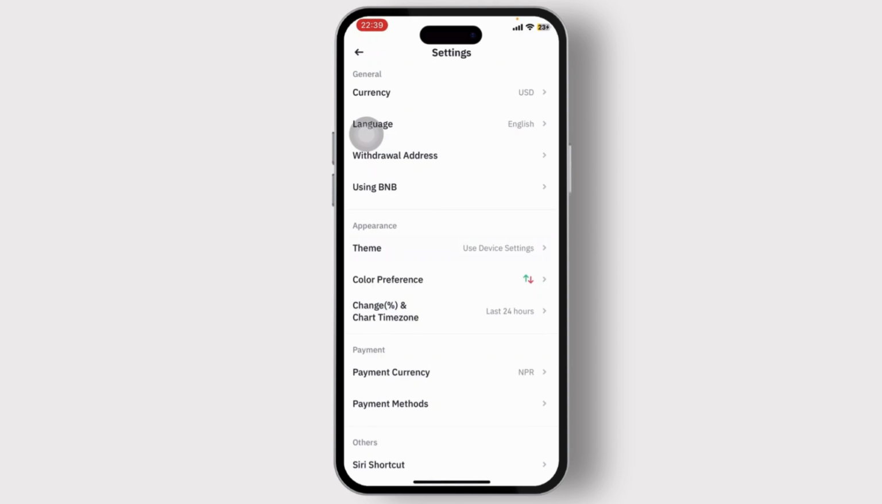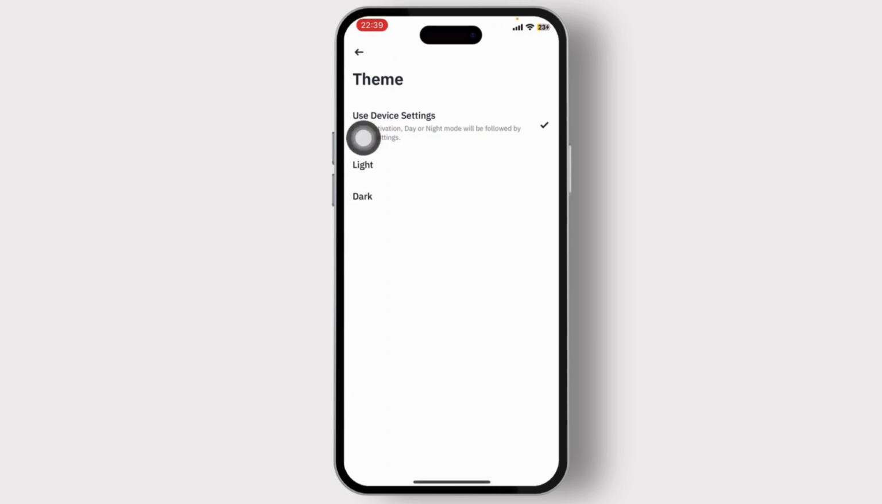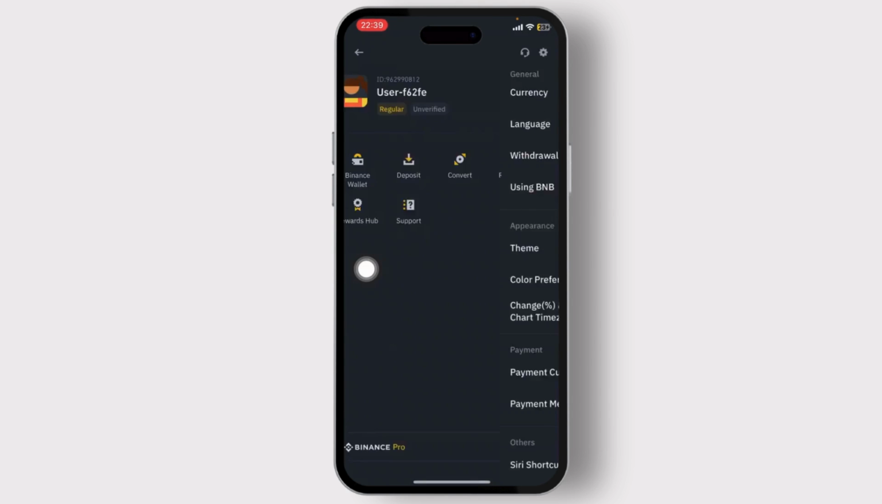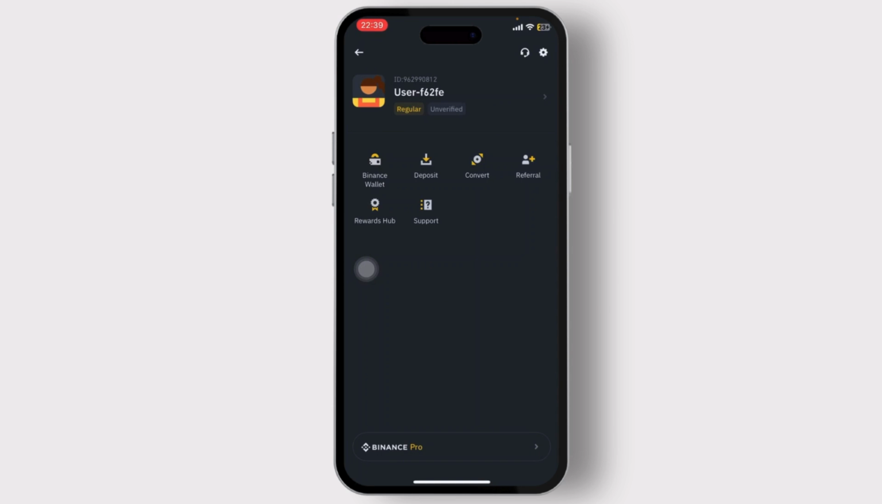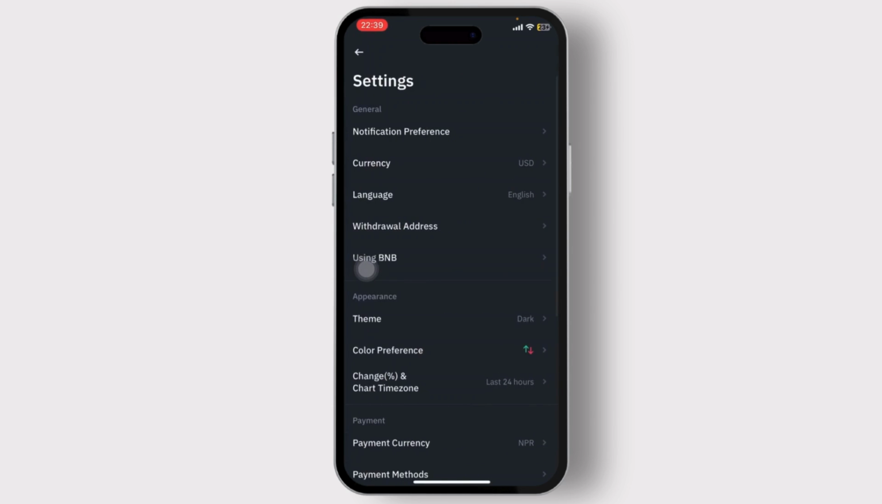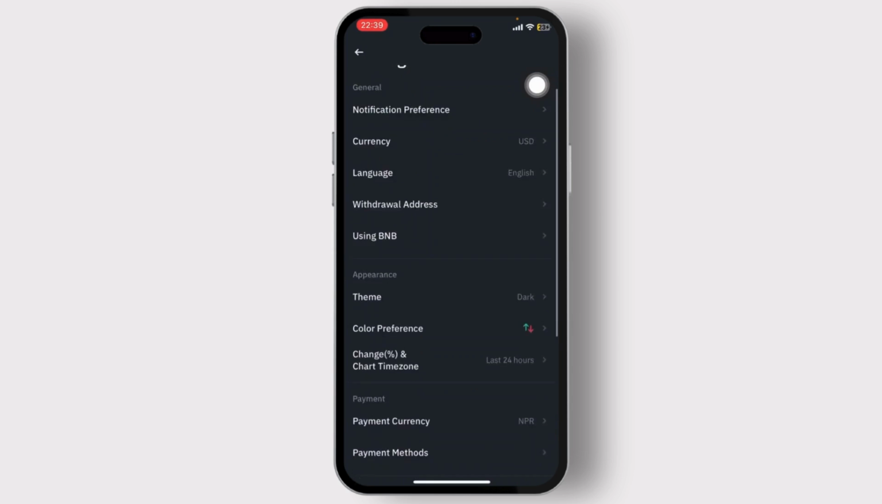So right here you will see appearance. Tap on theme and there you'll find the option to change it into dark mode. Tap on dark mode and now your Binance is on dark mode. Now if you want to change it again, you can just head over to your settings again, head over to